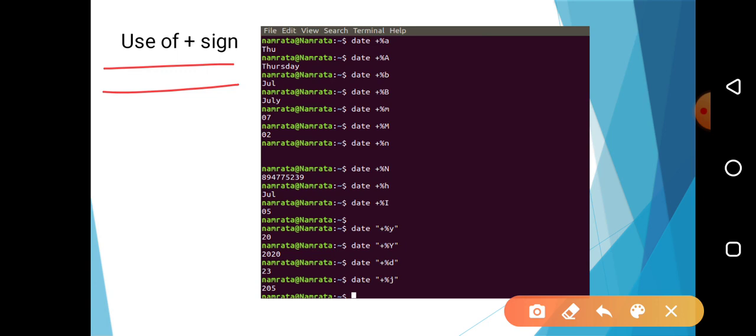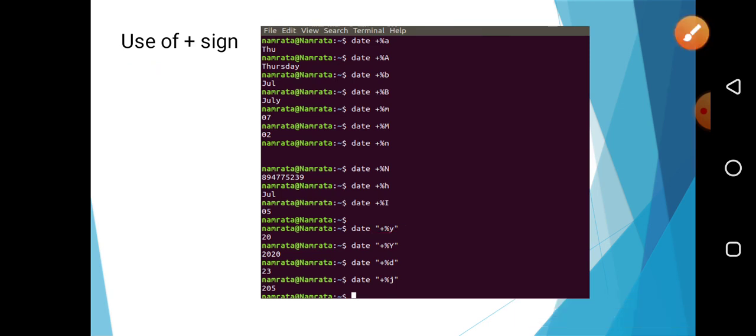After that date plus percentage capital A. So it will show me the whole, that is Thursday. Or you can also use the date option like this, that is date in double inverted commas plus percentage and after that the different option and it will show you the output over there.